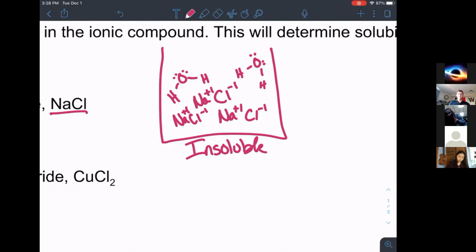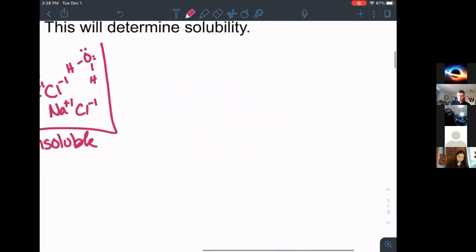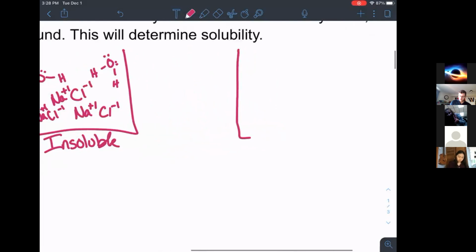And our water molecules are polar molecules, which means that they do have partial charges. The hydrogens are going to have partial positives, and the oxygen, which is more electronegative, has that partial negative charge. But if they're soluble, what's going to happen is we are going to see that in those water molecules,